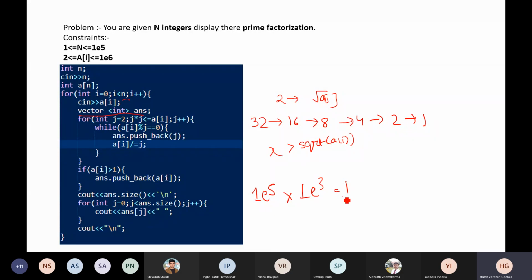1e8 operations it takes. But there is a better method in which the number of operations is pretty less. 1e8 operations is just on the verge of 1 second. So if your implementation is not that good or the constant is very high, it can show TLE. So a better and faster way is using the idea of sieve. You need to use sieve in this problem. So can anyone think of an idea how we can use sieve in this problem to compute factorization fast?